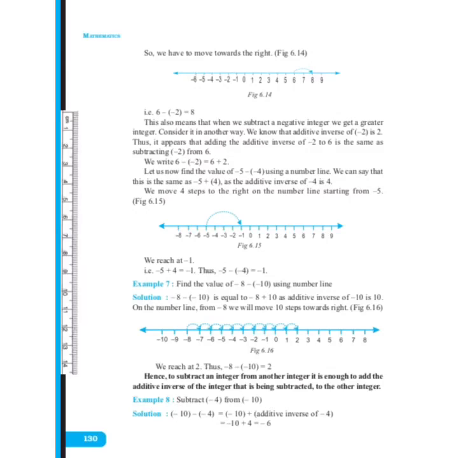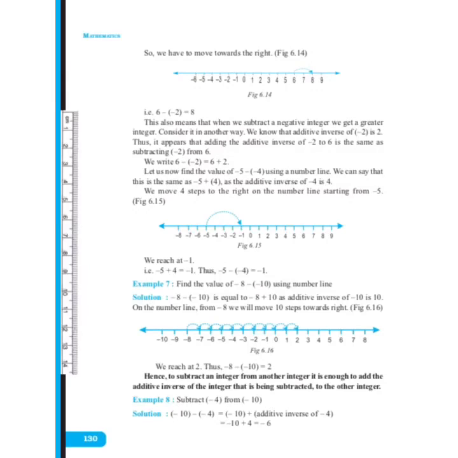Now what we will do? We will start from minus 5, that is left side of origin, and we will move 4 steps to right. Okay, we will move 4 steps right of minus 5 and we will reach minus 1. Here you can see that minus 1 is greater than minus 5. That means when we are subtracting a negative integer, we get a greater integer.